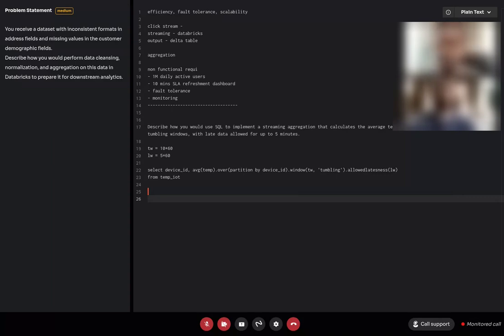So we will first tackle the inconsistent address field. What I will do is split the address field, comma separated or something like that, and try to find out address one, address two, city.